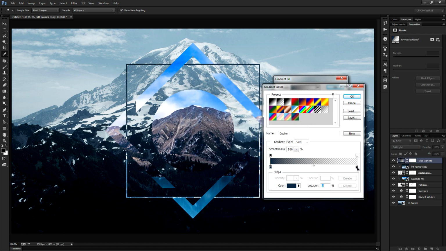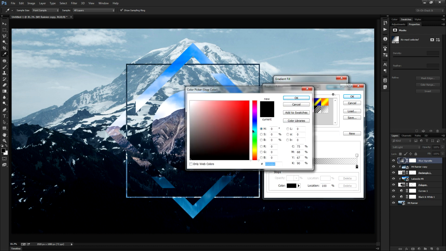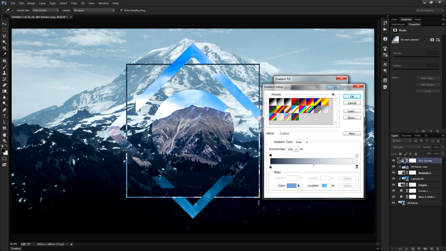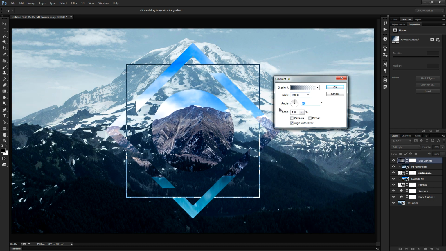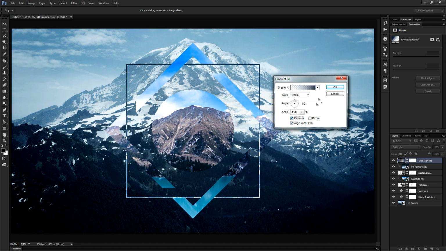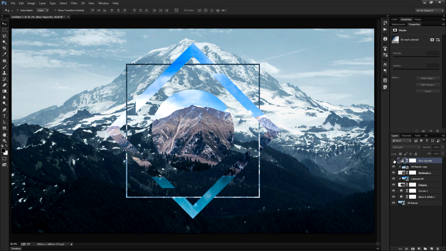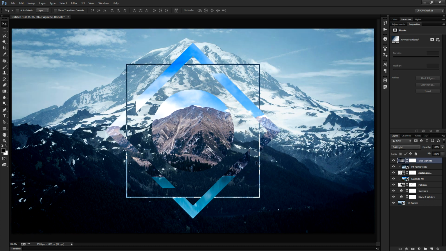We'll click OK. And then the second color, we'll double click that and make it a slightly lighter version of that color. So we've got this slightly dark blue to a slightly lighter blue. Click OK. We'll change the style to radial with the angle at 60 degrees. And we'll change the scale to 150%, and we'll toggle the reverse. And if you turn that off and on, you see we got this kind of a cool little bluish vignette